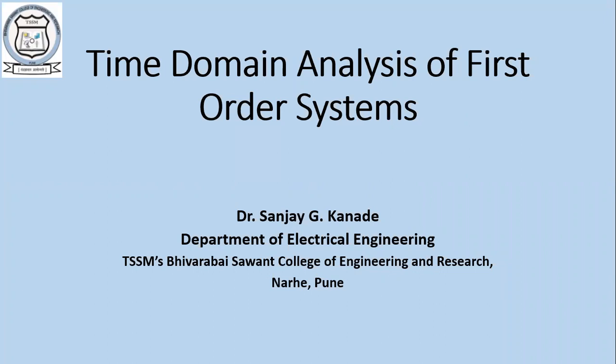What is a first order system? You know, when the order of a system is one, that is called first order. What does it mean by order of a system equal to one? It means that there is a single pole in the transfer function of the system. Single pole means the denominator polynomial has order 1. For example, s upon s plus 2 or 1 upon s plus 3. These are examples of first order systems, because in the denominator the maximum power of s is 1.